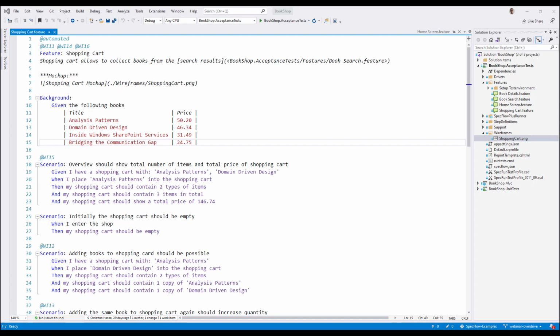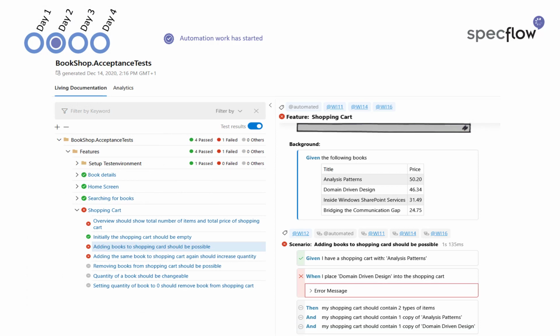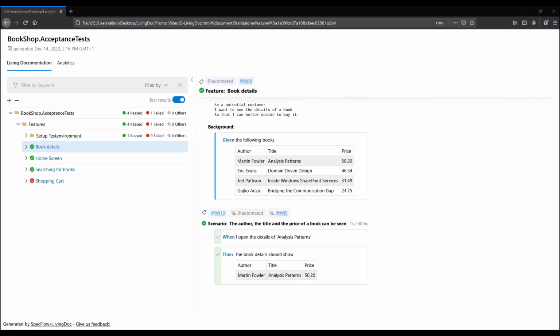The outstanding work is now clear to everyone and it's crunch time. The team proceeds to start working on binding the steps defined in the feature files, and we move on to day 2. Okay, so it is now day 2. Again, first thing I do today before the daily stand-up is to open the latest version of LivingDoc and see what the team's progress has been so far.